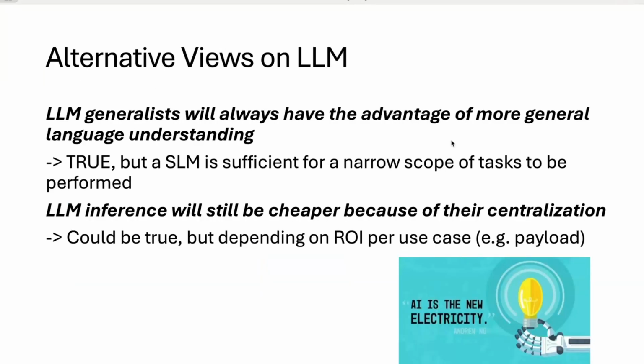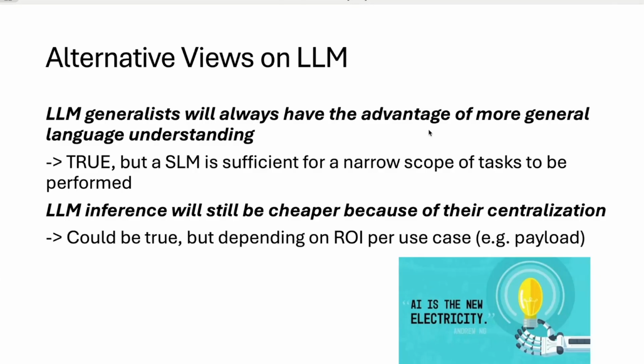Okay, so that's on the SLM. I have talked about lots of the advantages of the SLMs. And of course, there are also advantages of using LLMs. I'm not saying that LLMs are becoming obsolete, right? LLM generalists will always have the advantage of more general understanding. This is true, right? I also mentioned that no SLM can beat the benchmarks across all the tasks compared to an LLM. The SLM can only win on, say, two or three, or just a very fixed, scoped list of tasks compared to the LLM.